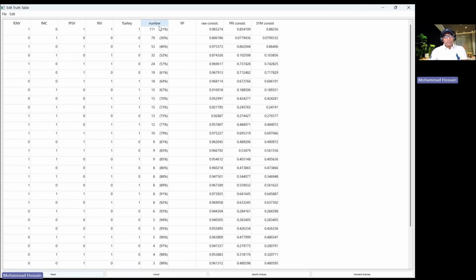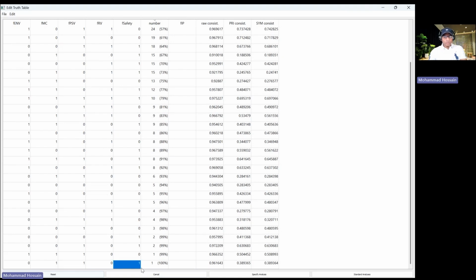Look at the number column. The first row represents the presence of all the conditions except the MC, which is maintenance cost. On the contrary, if we look at the last row here, 2 conditions were absent and 3 conditions were present, and there was only 1 respondent who went for this combination. So,